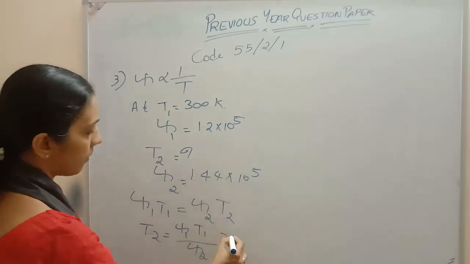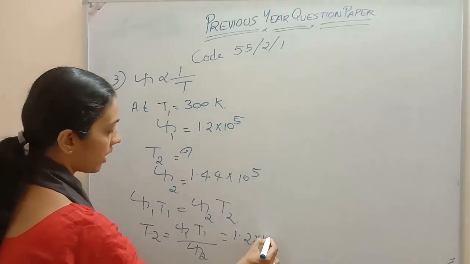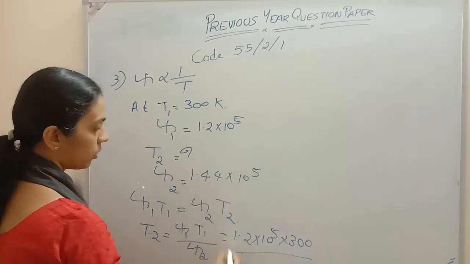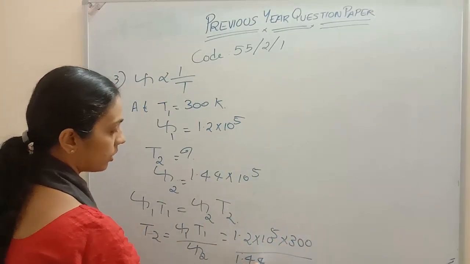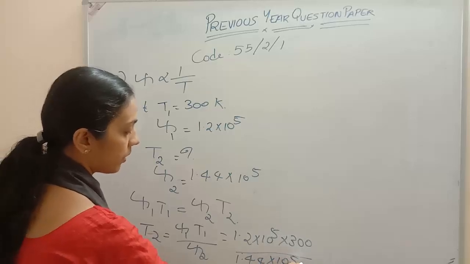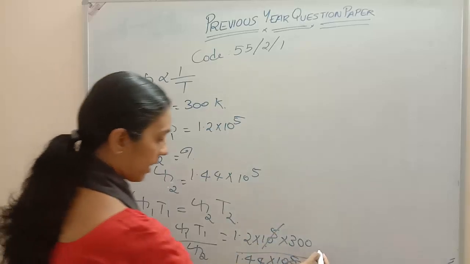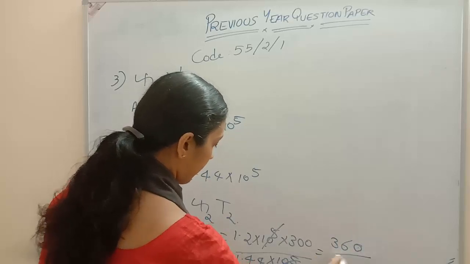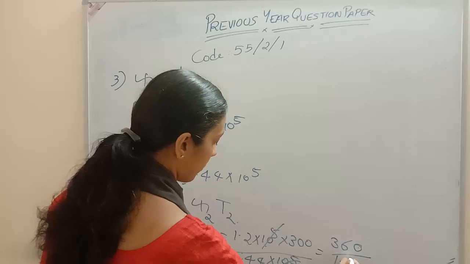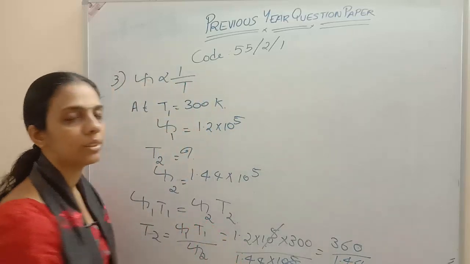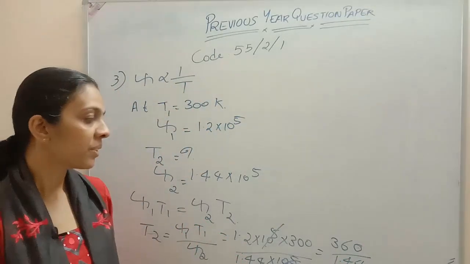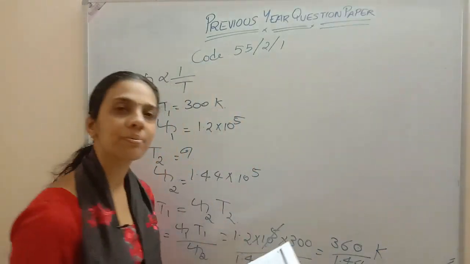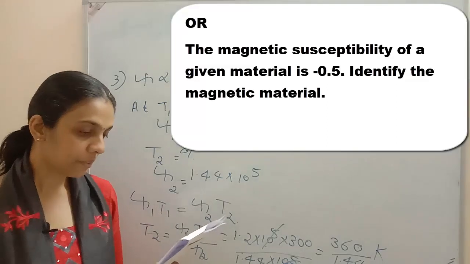Chi 1 is 1.2 into 10 to the power 5 into 300 divided by chi 2, which is 1.44 into 10 to the power 5. While you are solving this, you will get the answer: 360 divided by 1.44. While solving you will get the answer. Okay, understood that much, unit is in Kelvin. Okay, clear? So the next one is